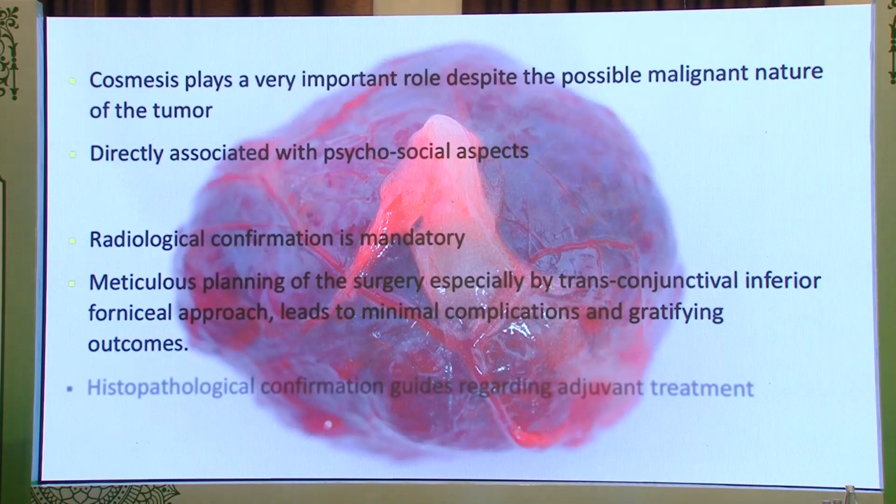Always remember, histopathology plays a very important role, and confirmation guides us regarding adjuvant treatment. Whether or not you want to give further chemotherapy or radiotherapy, a lot of it is decided by the histopathologist, the pathologist. And again, the margins should be clear. So if you have any orbital lesion in which you can take the lesion out along with the capsule, always prefer to do that. Otherwise, if you have to take an incisional biopsy, then make sure that you send multiple layers so that you can get a better analysis.